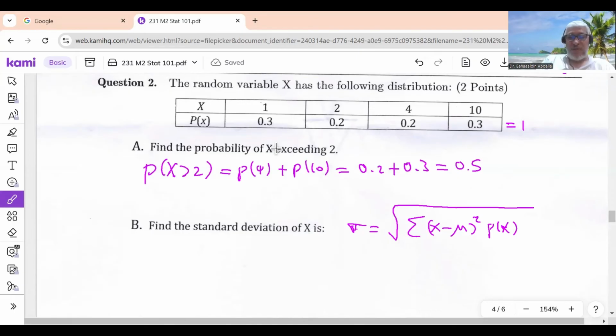We need the frequency, and here we will put the probabilities 0.3, 0.2, 0.2, 0.3 in the frequency part. If you don't have the frequency, you should go to shift mode, down, stat, and then turn the frequency on. So you put the values of x, 1, 2, 4, 10, and you put the frequency 0.3, 0.2, 0.2, 0.3,